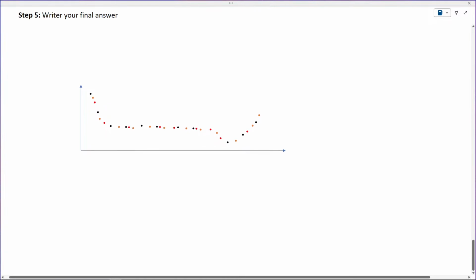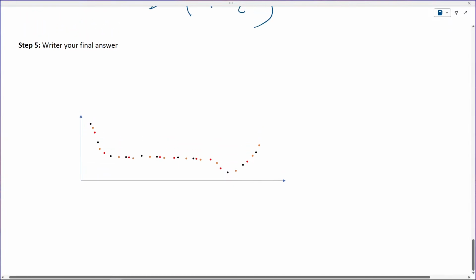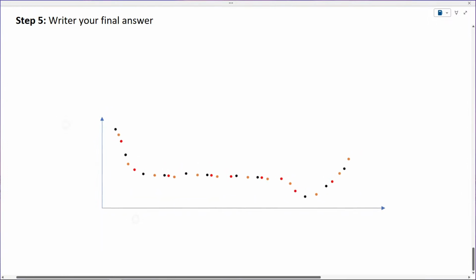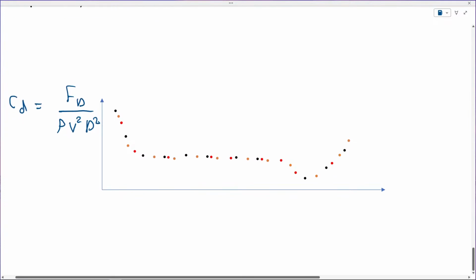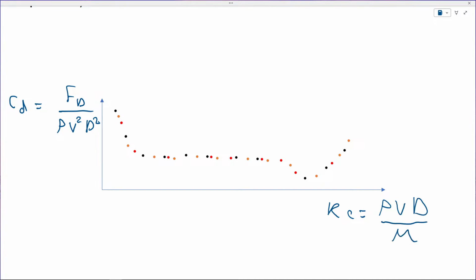Okay, so let's write the final answer. My final answer is that the drag coefficient, which is equal to F_D over rho v squared d squared, is a function of my Reynolds number, which is equal to rho v d over mu. And I get this non-linear relationship,